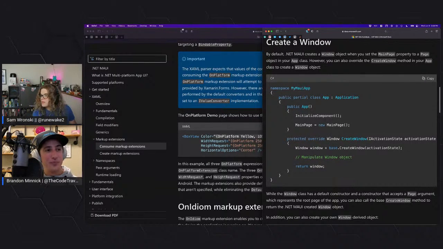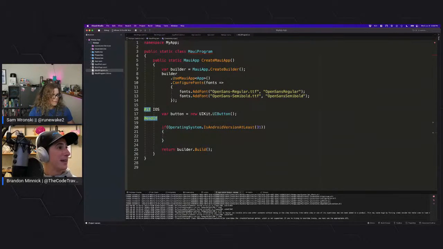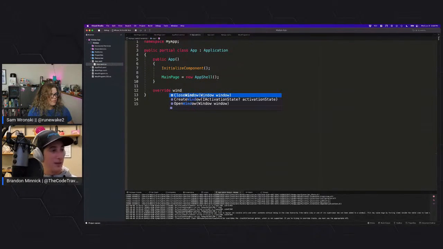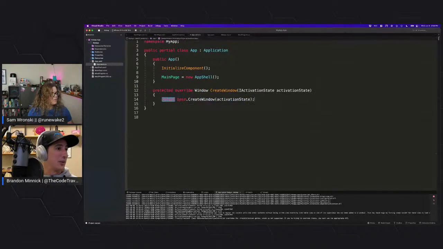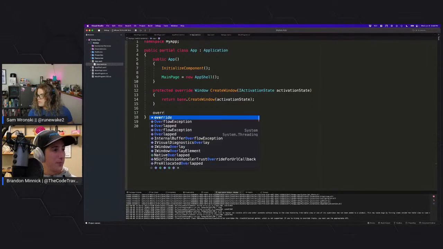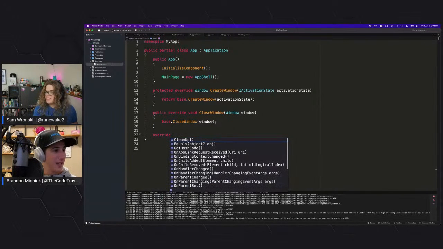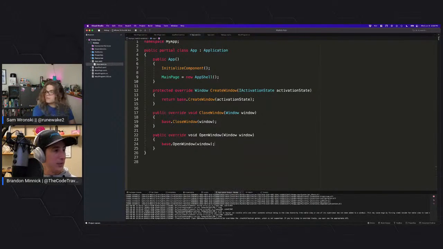So there's a method we can override inside of the application class, which we come back to in app.cs. So for us, that would be, there you go. So looks like there's create window, close window. What was the other one? Open window. That makes sense. So yeah,